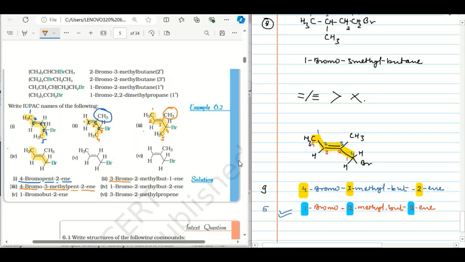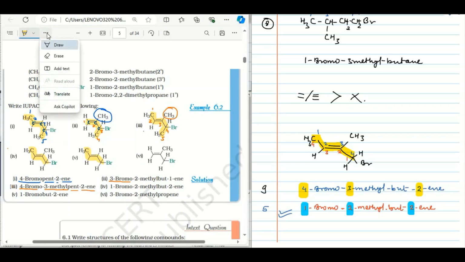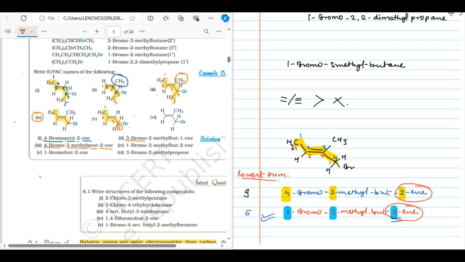Now come to the fifth example. Here, first of all, select the longest carbon chain. This is a 1, 2, 3 and 4 carbon long chain. Now when you number this chain, there is no methyl substituent, just a double bond and a halogen. So you have to number the chain so that the double bond gets the lowest possible number. You have to number it from here, 1, 2, 3 and 4. So here bromine gets the fourth number and the double bond gets the second number. As the double bond gets the second number in either way of numbering,